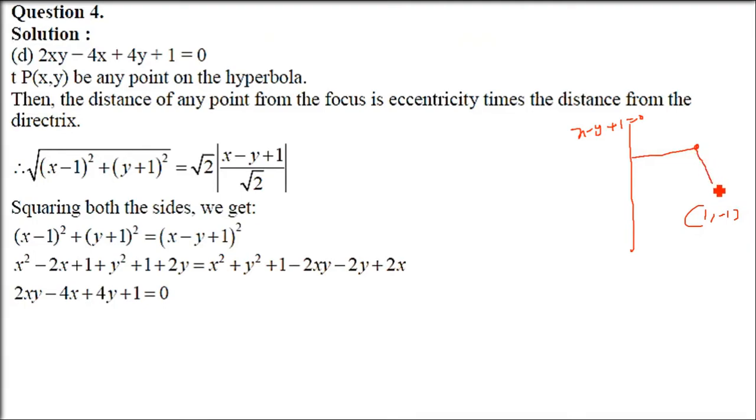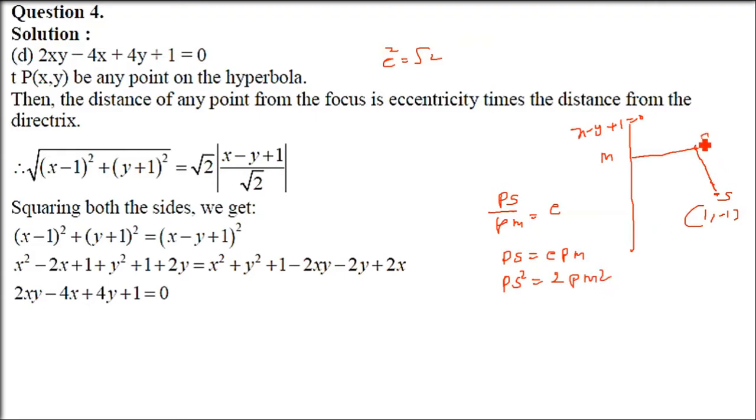There is a moving point, which is the locus. So the distance of this point from these two, that is one line and one focus, the ratio is going to be the eccentricity. That is PS by PM is going to be the eccentricity. So PS will be equal to E into PM. Now you can square both sides. PS square equals E square PM square. E is root 2 here, so E square will be equal to 2.